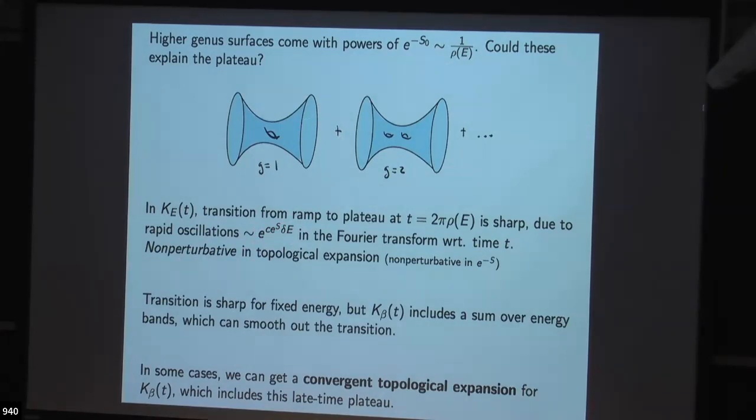But there is a simplification if we look at K beta rather than Ke. The idea is that K beta includes a sum over energy windows. Because the time at which this transition happens depends on the energy, summing over the energy windows can smooth out this transition, giving us a nice smooth function which has a genus expansion. And we're going to look at cases where we'll be able to get, in fact, a convergent genus expansion for K beta. So it starts off growing linearly with a ramp, but then at late times it smoothly transitions to